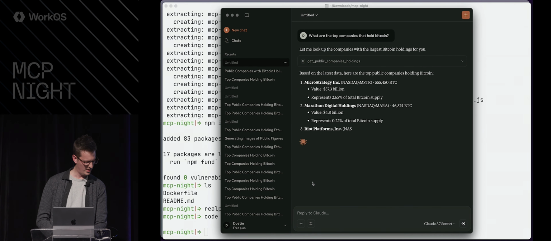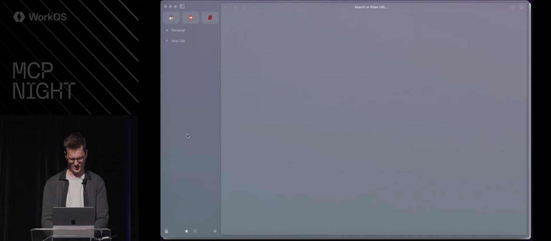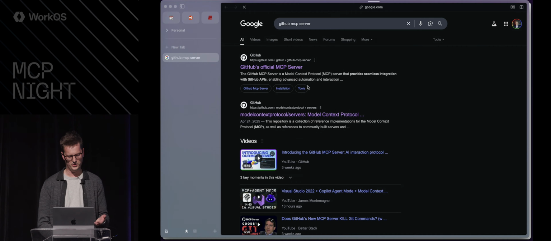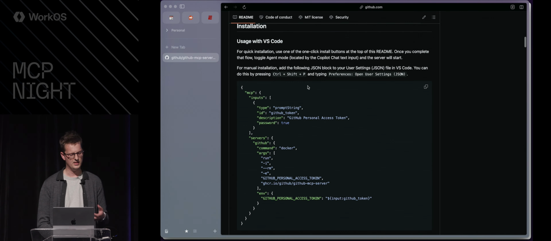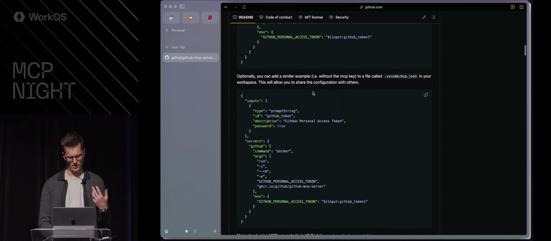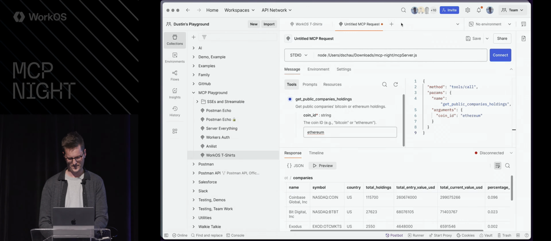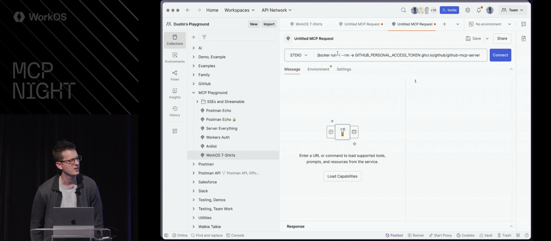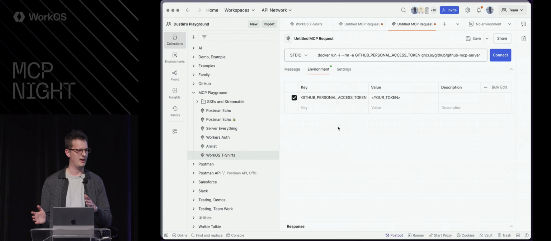So I have 27 seconds left, but I want to show one more thing. I still Google stuff, because why not? And if you Google the GitHub MCP server, I wanted to illustrate the kind of first-time experience that we focus on at Postman. What you'll oftentimes see is usage with VS Code, Claude Desktop, et cetera. So what you can do is copy this JSON config. You can open a new tab, paste it directly, and we'll parse the command for you so that you can then use the command directly, pass environment variables, so that you can have this great, seamless